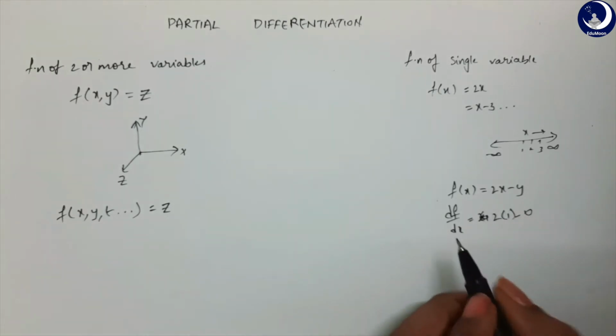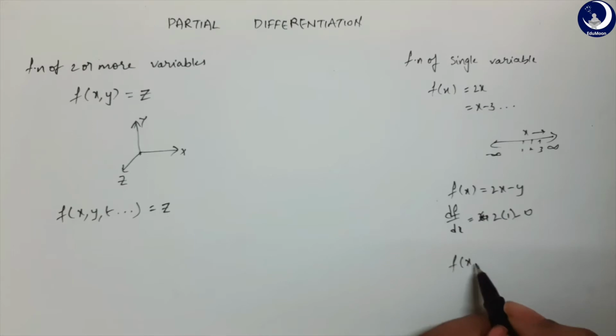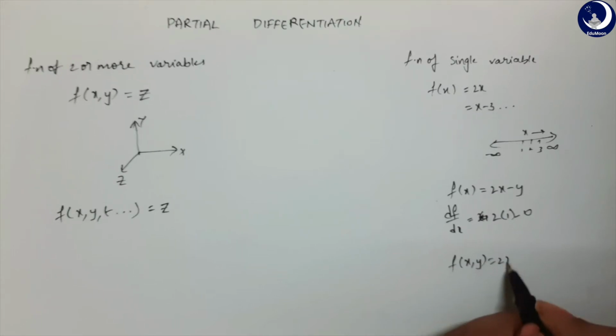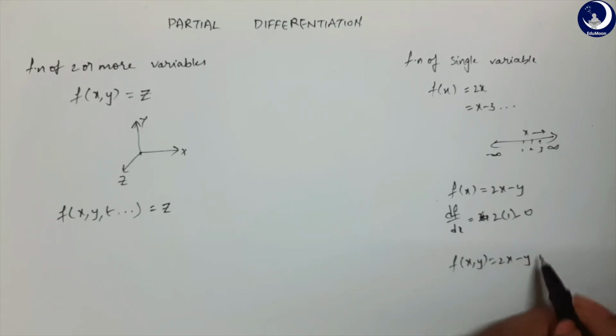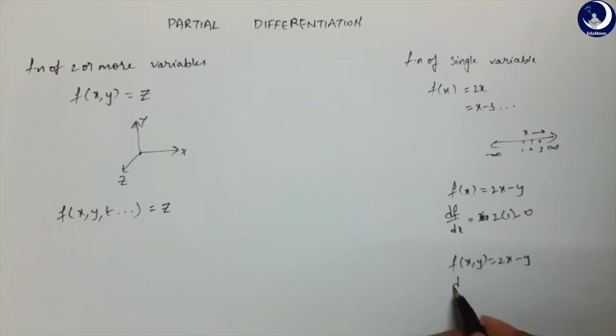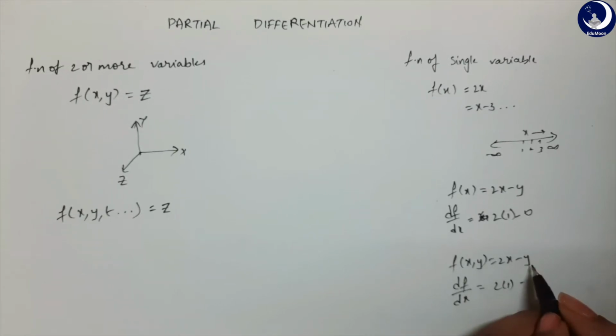But if I were taking this equation as a function of two variables, minus y is also a variable. We can't consider this as a constant. So if I were to differentiate it, df by dx, this part will be the same, and this, it's not a constant, so I can't write it as 0. So this will change. This is where partial differentiation comes into place. Before I talk about partial differentiation, let's see how limits and continuity differ for functions of two or more variables. I'll start out with limits.